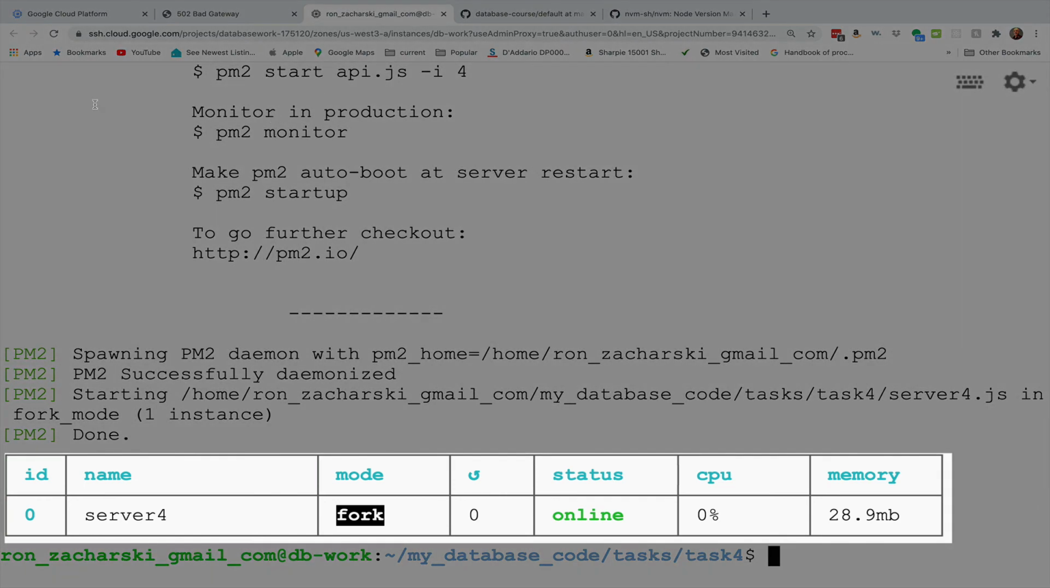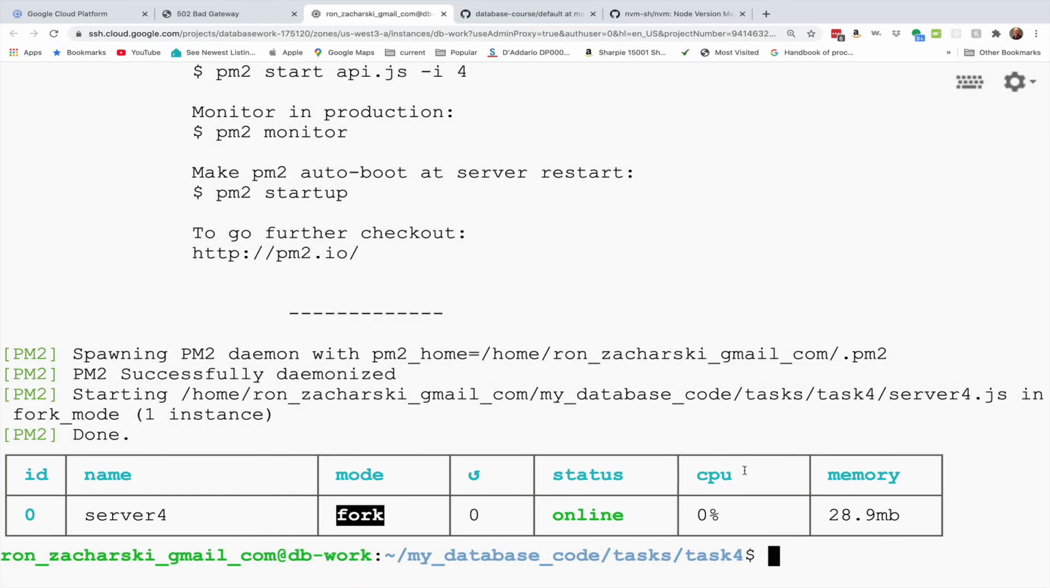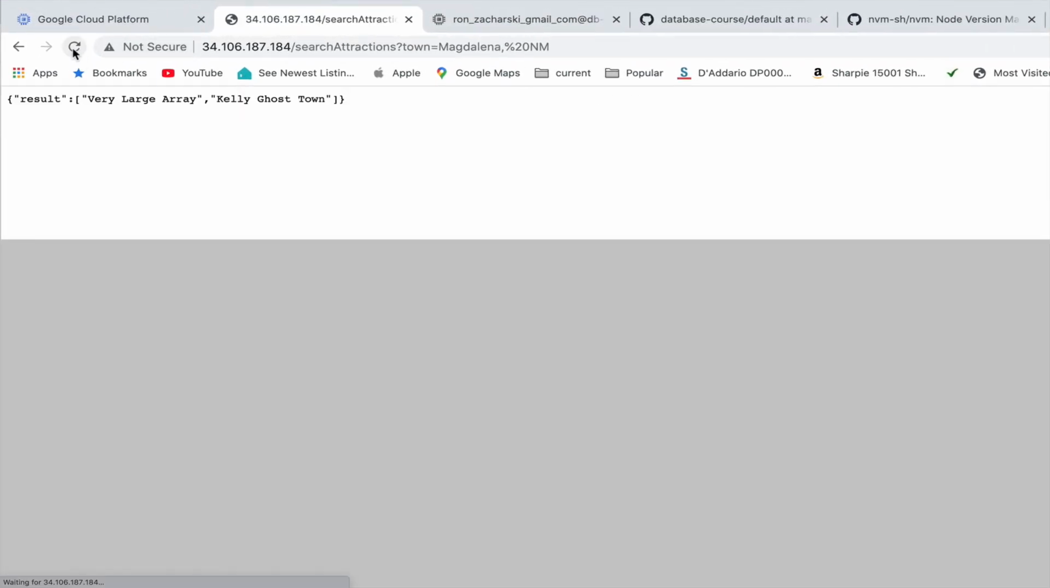And here we have at the very end this little table. So it gave an ID number to our server, 0. The name of the server is the name of the file, except for the .js at the end. So we have server 4 here, and it's online. It's not using any CPU at the moment, and that's how much memory it's using. So that's really cool. So now it's running, and we can go back here and just check that, yes, we